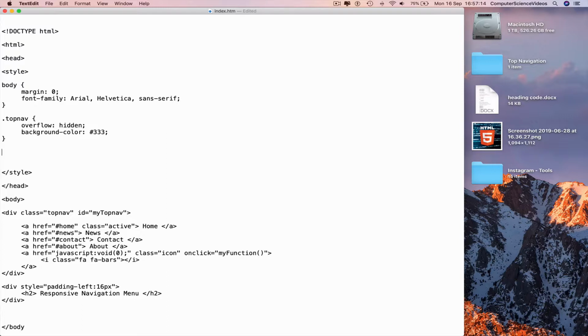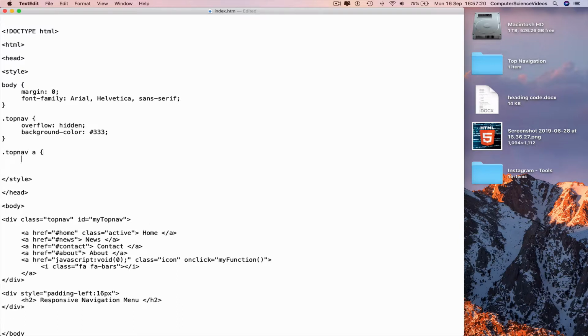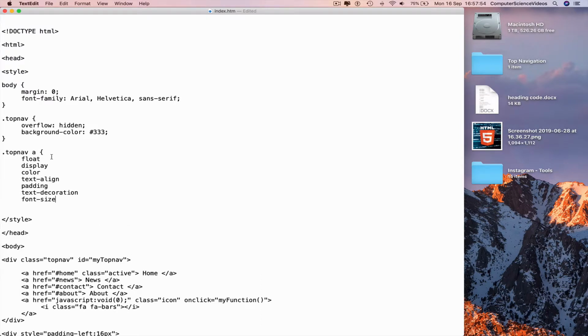and now we need dot top nav, a, curly brace, new line, indent, float, display, color, text align, padding, text decoration, and the font size. And now we need a colon at the end of every word. Highlight, Command C to copy, Command V to paste,